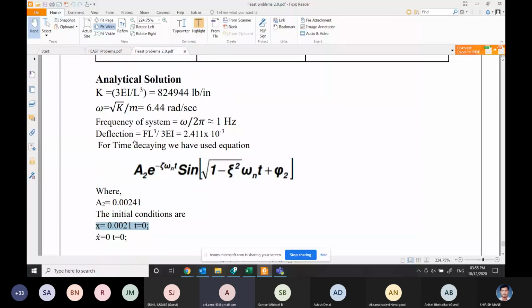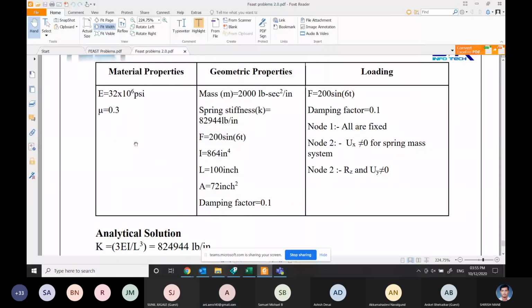So to start with the problem, we have the geometric properties, material properties, and some loading conditions that we'll see how to apply. I'll just open the software. I'll close the previous file.